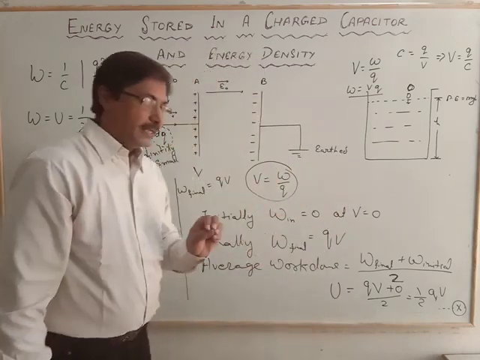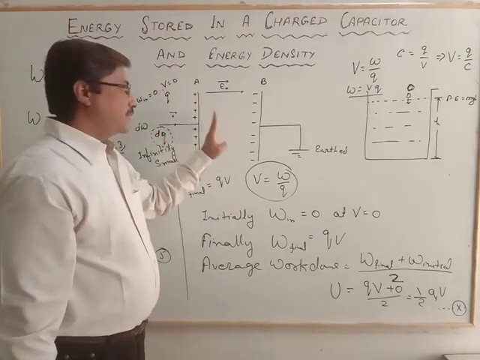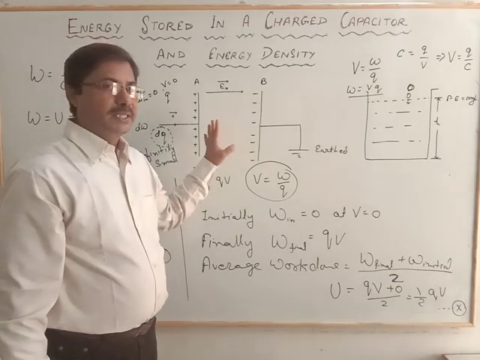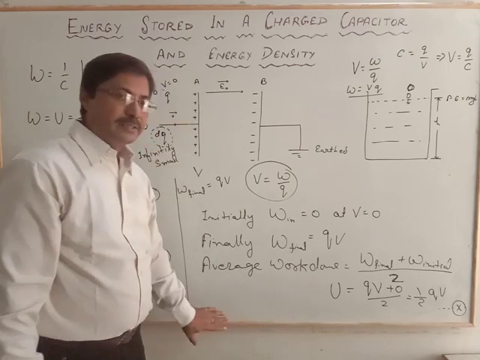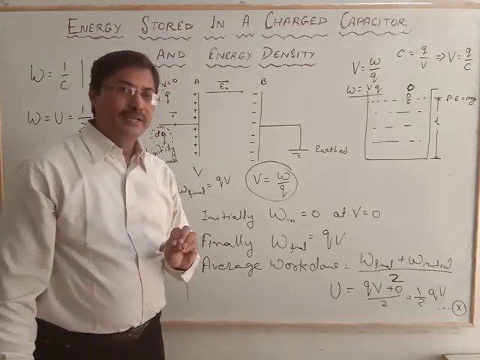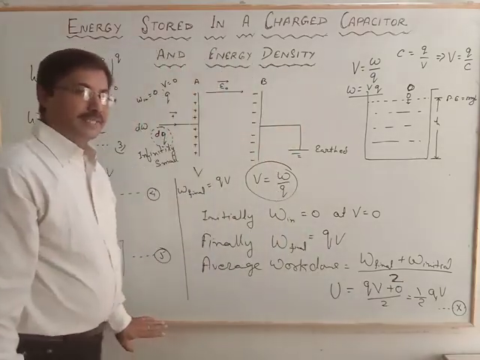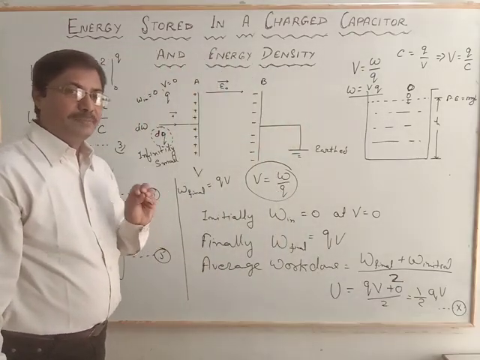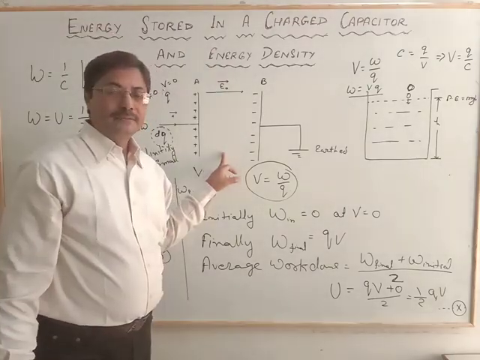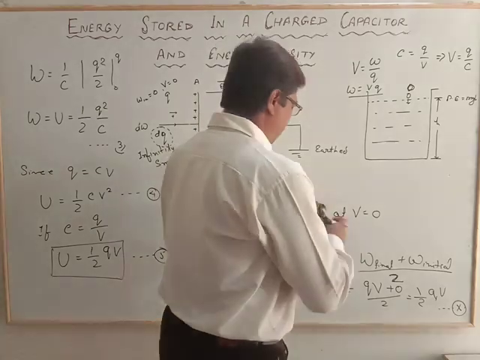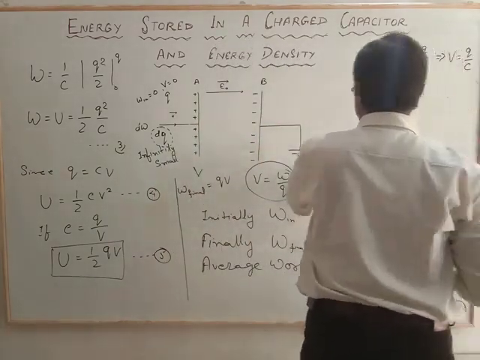So we can understand, earlier we took the capacitance, charge and potential related. But if we see the relation with the work also, you will get the same energy value, the same work done, half QV. We can explain in two ways to understand better how the work is stored in a charged capacitor. Now we have a graphical relation.